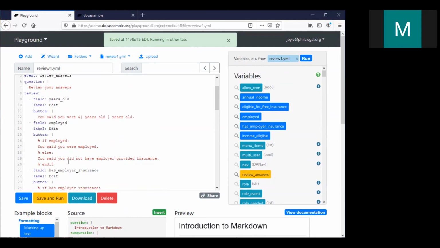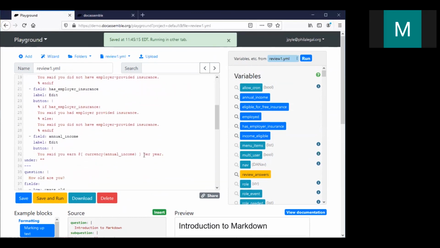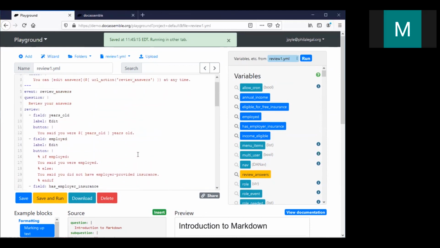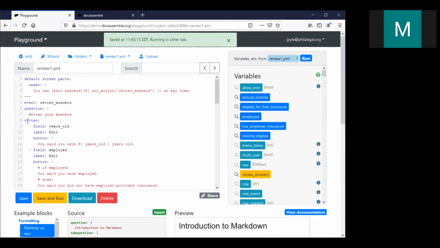I would definitely advise using these review blocks in your interview. Even though you might postpone it until later in your development process, it's important to think about these review blocks while you're designing the interview, because you'll want to make sure that your interview logic and your document are set up to adjust for arbitrary changes to the interview answers. So it changes the way you think about coding an interview. If the user can't go back and edit things except by undoing, then it actually makes your life easier as a developer. But it's much better for the user if they can actually